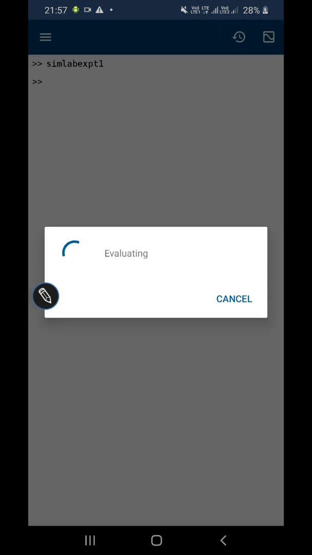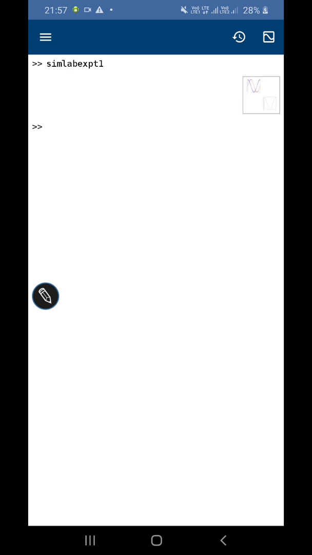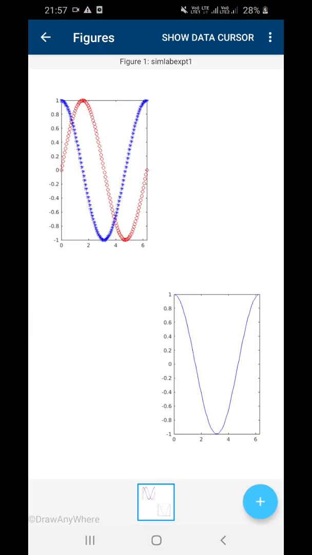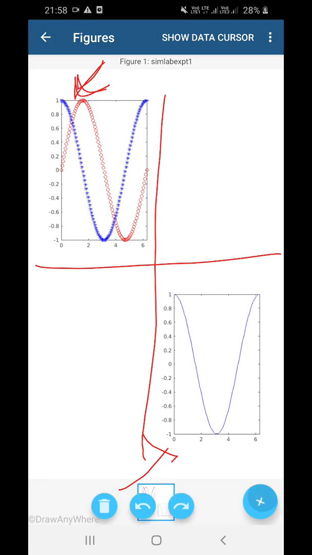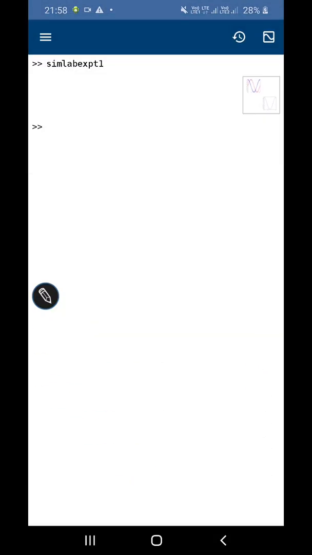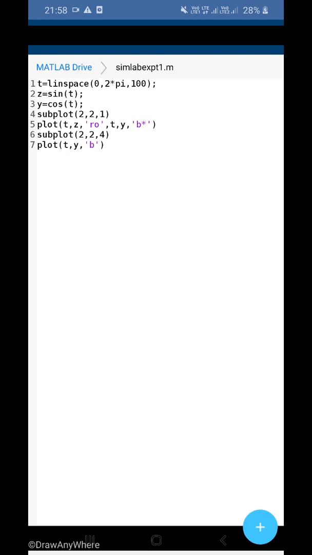Let me run it again and show you the output. Out of these 4 spaces, this is in the first location and this is in the 4th location. In the first window we have plotted 2 graphs, of which the first graph is red and in the form of a circle pattern. So r is nothing but red color and o is a pattern in which you want to draw the plot.